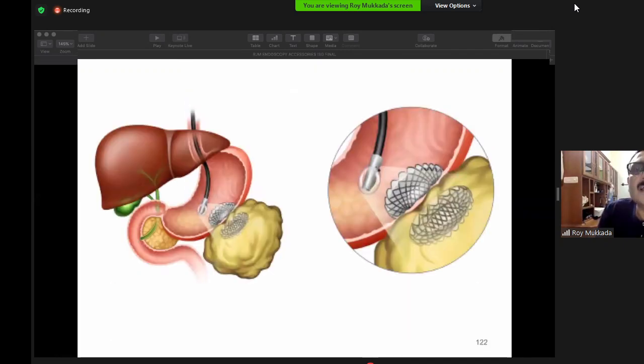Anyway, this is actually a one-step procedure. Previously, when there is a pseudocyst, you had to puncture it, then dilate it, and then put stents like that. But the Axios is a one-step procedure. You just puncture it, then release. There is nothing further being done. So it is very easy to do.